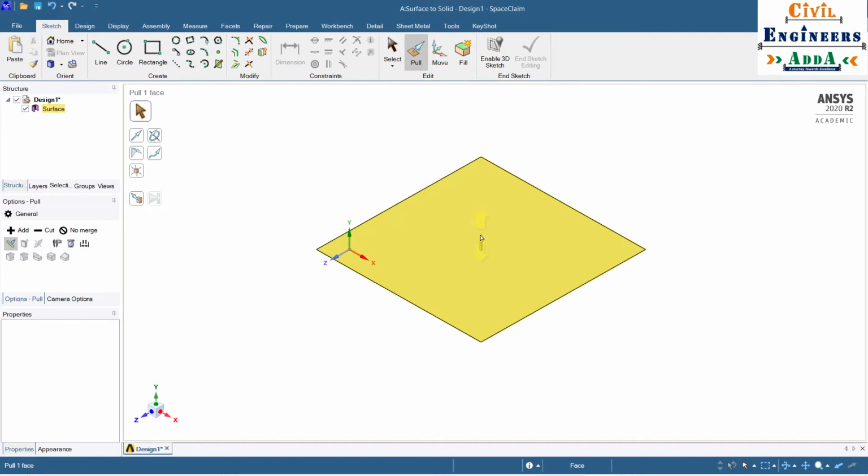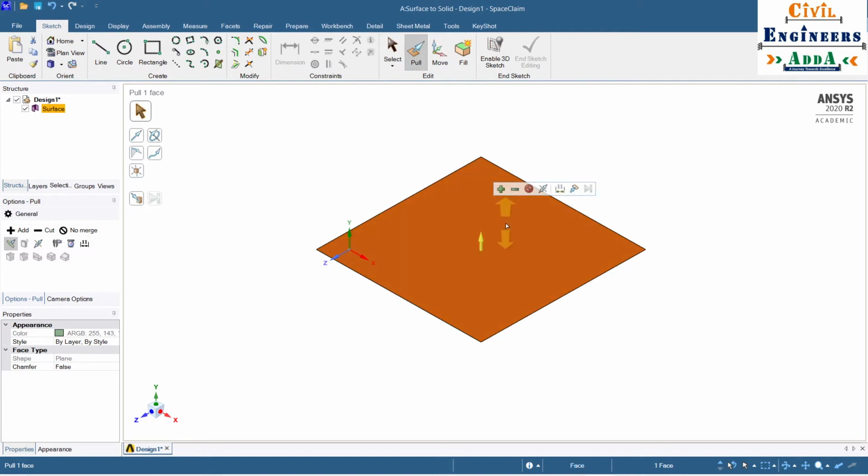Now, when I bring my mouse over the plane element, it gets selected. The yellow color indicates that it has been selected. Now you need to click on this once, and you have to show the direction in which you want to pull it, that is, in which way you want to create a solid. For that, I am going to create it in the y-axis. This is my y-axis here. You are able to see it here. So I will pull it in the y-axis.